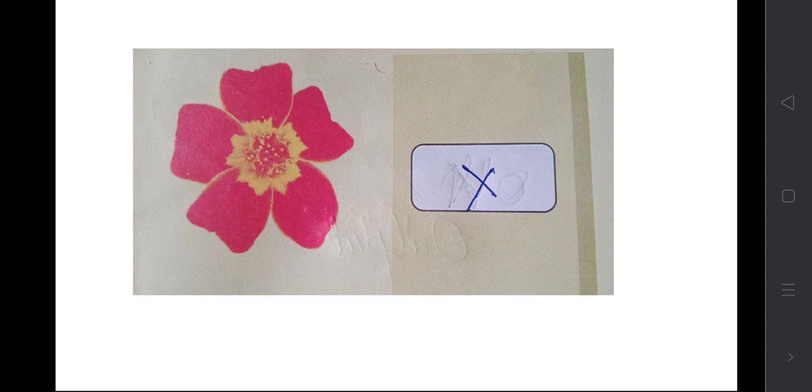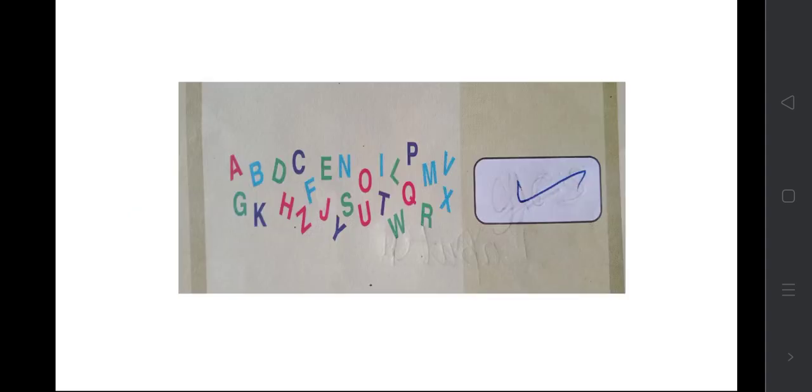Because the computer doesn't have any feeling, isn't it? Even if you pinch the computer, it will not cry. But if I pinch you, you will cry, isn't it? So the computer and human are different. The computer doesn't have any feeling, so it won't accept any flower. Then if I give you alphabets, will it accept?